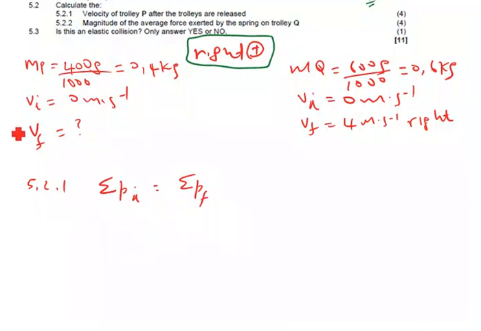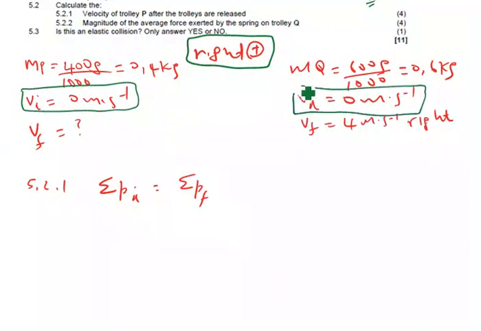Now if you look here, these objects were not moving initially, which means this one has zero velocity, therefore zero momentum. And also this one has zero velocity, therefore zero momentum, meaning that initially we have zero momentum. Then for final, we have momentum final for P plus momentum final for Q. So 0 is mvf of P plus mvf